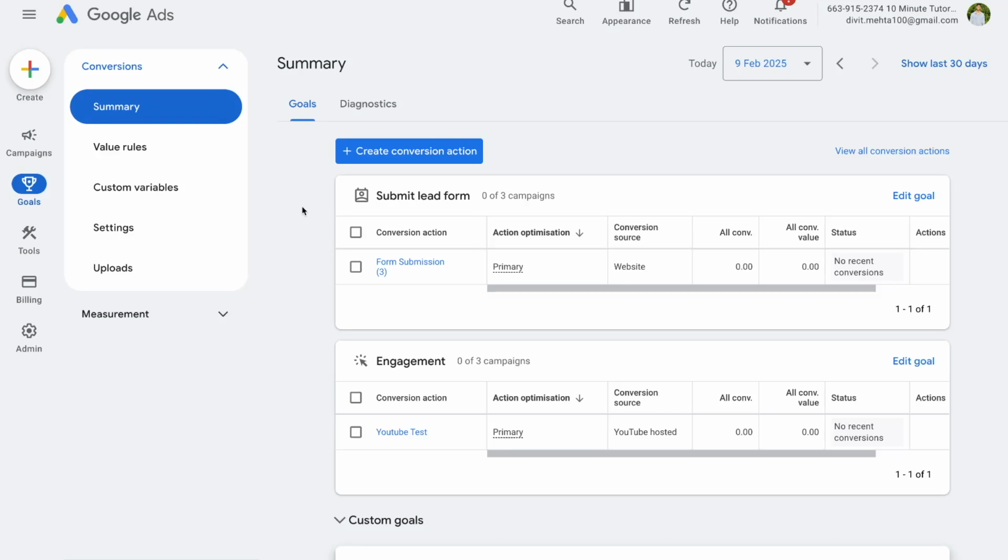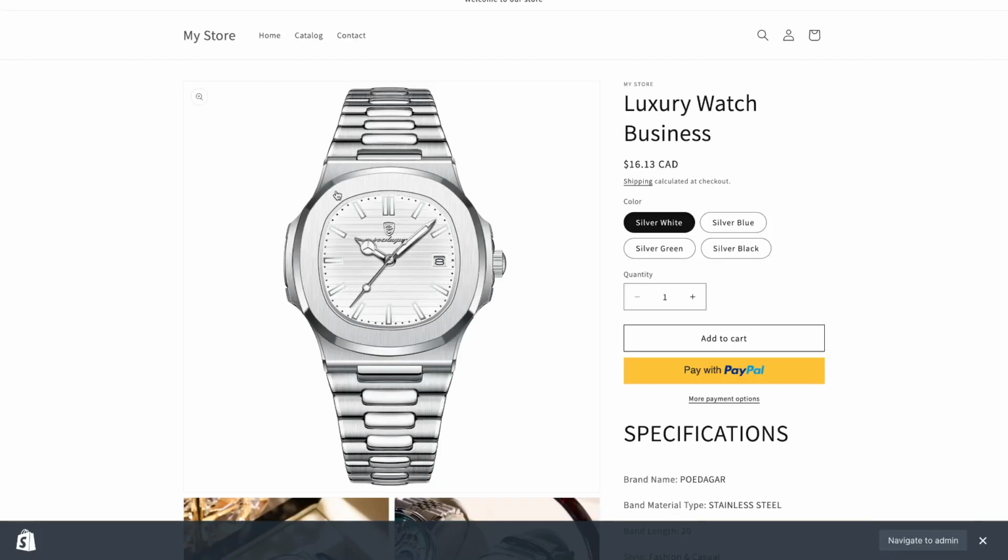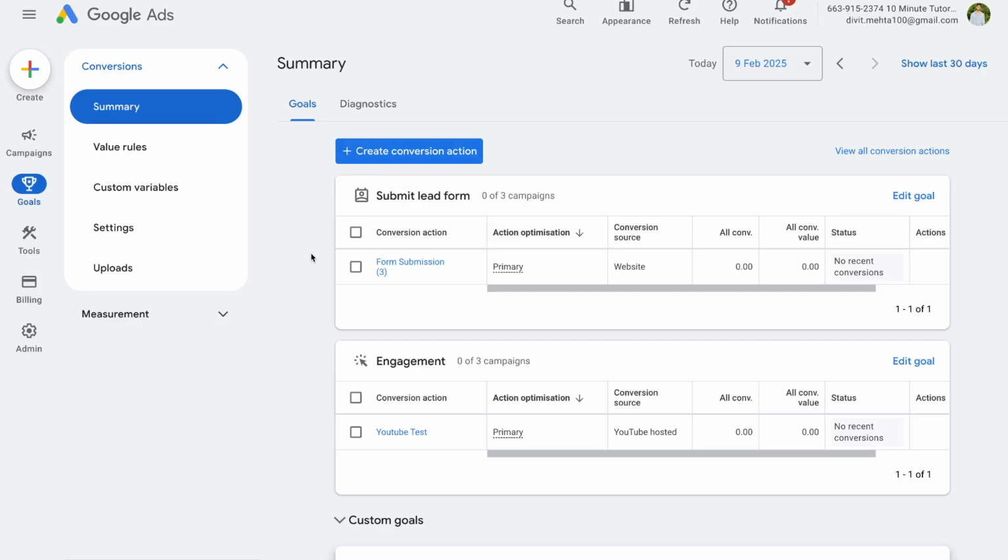My name is Divit, and in today's video, I'll be giving you a complete step-by-step guide on how to set up Google Ads conversion tracking for your Shopify store so that people can go and check out and buy your products, and then that information will be directly funneled into your Google Ads campaigns so that you can further optimize these campaigns. Now, this is a very beginner-friendly tutorial, so I'll go through all of the steps from start to